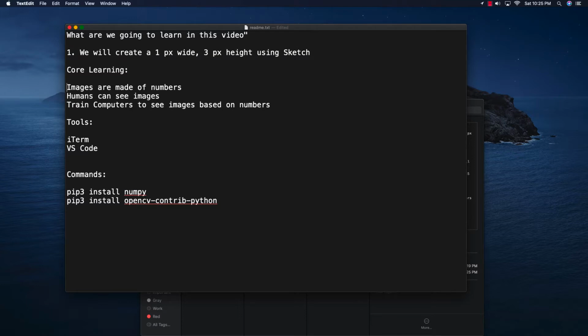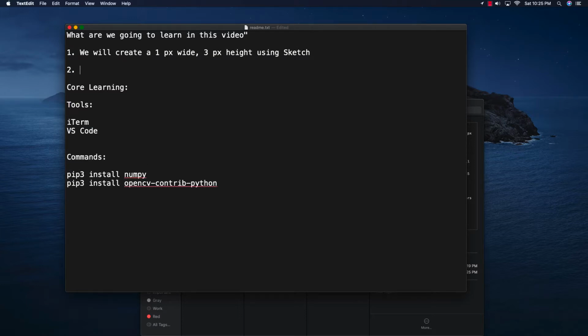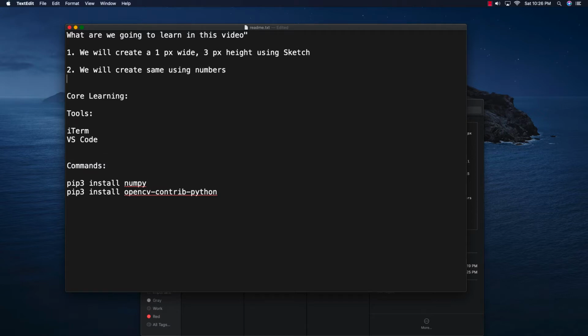So let's write down these things later. We want to create a 1 pixel wide and 3 pixel high image, so essentially you will see 3 pixels in a column, and then we will create the same image using numbers. This is a very powerful exercise. Whatever we do using the sketch tool, we'll create the exact same thing using numbers, and then we'll